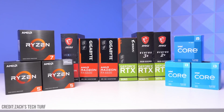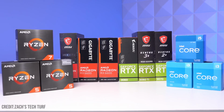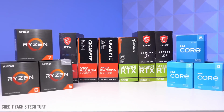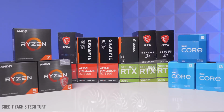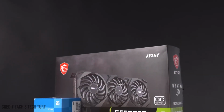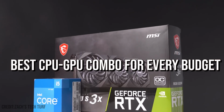If you don't know anything about computers, it's actually hard to find a good CPU-GPU combo without having a bottleneck. For gaming, you just need a CPU that will not bottleneck your GPU. So I did my research and I will give you the best GPU-CPU combos for gaming for every single budget